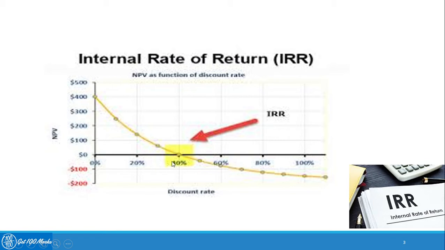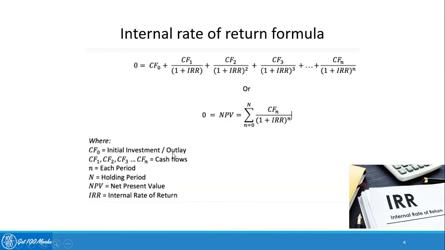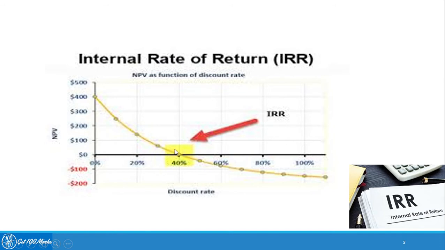So this point is called the IRR, which means if you go further beyond this point, with an increased discount rate, the NPV starts becoming negative. And below this discount rate, the NPV is positive, which means the project still has some potential to earn a higher rate of interest. So this is the rate of interest at which the project expects to earn from its investments. And so the condition for IRR is that discount rate at which the NPV of the project becomes 0.